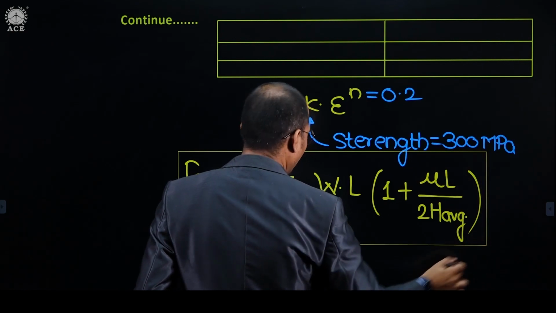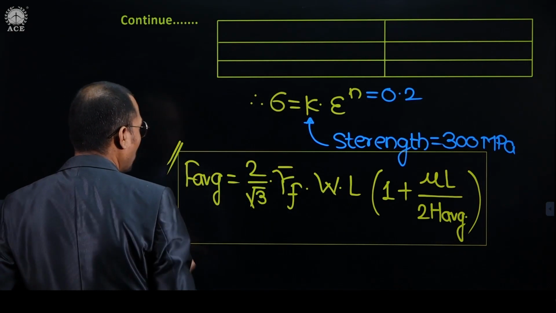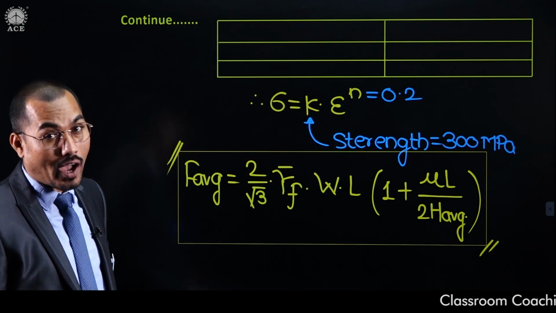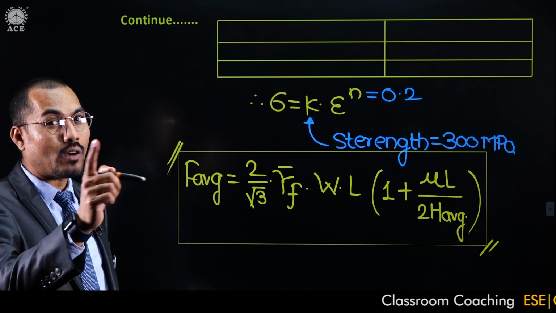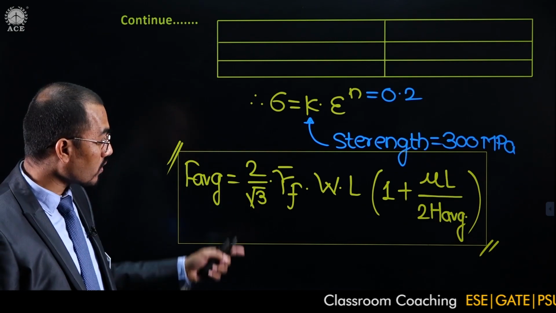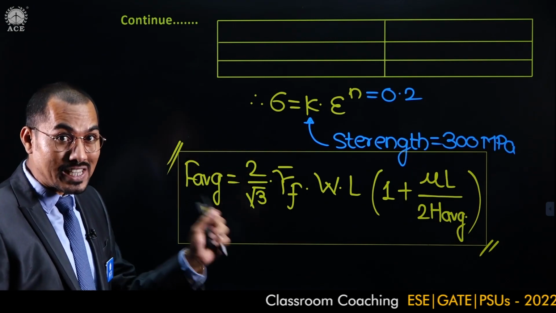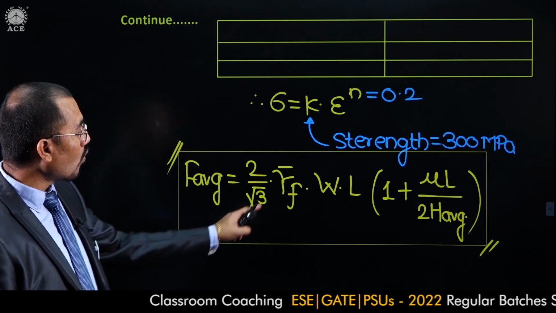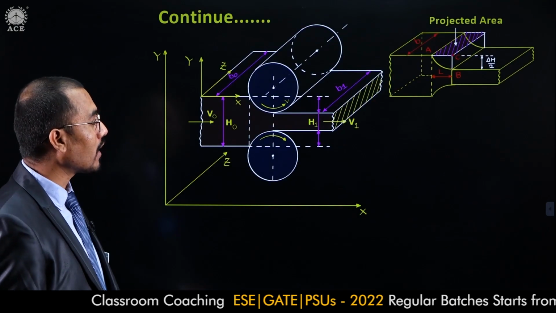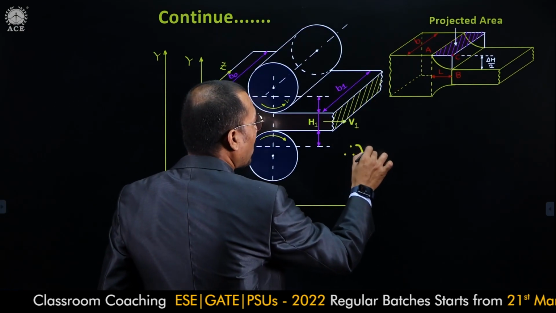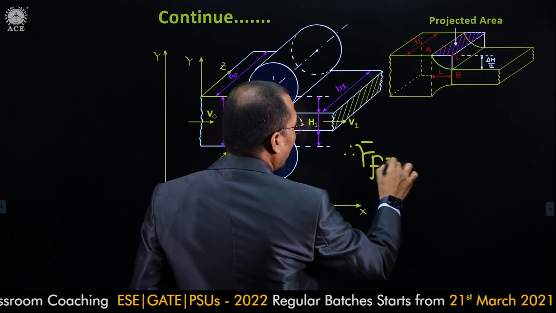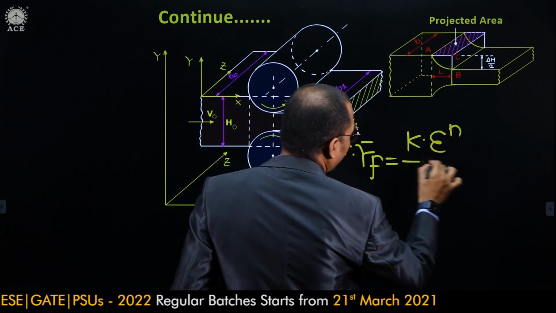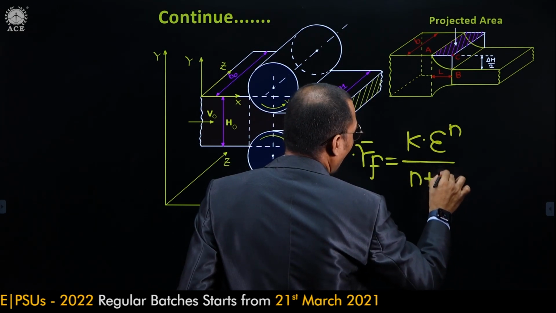If you go to Amit Baduria and the different books, I would say that different analysis data and approximations are there. You have to accept it. But now we have to challenge this question, so we are taking one standard reference, Pearson publication, Kalpakjian. So this is the formula. Y bar f, the average flow stress. Can you calculate the average flow stress? Yes, sir. Y bar f is equal to K epsilon raised to n divided by n plus 1.